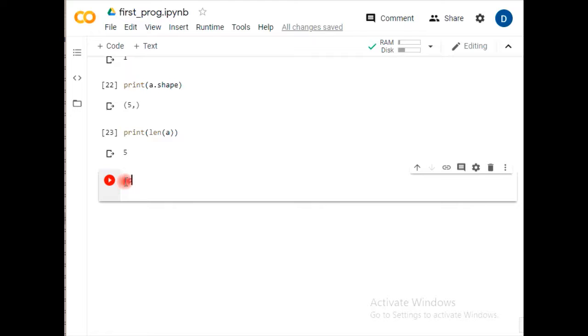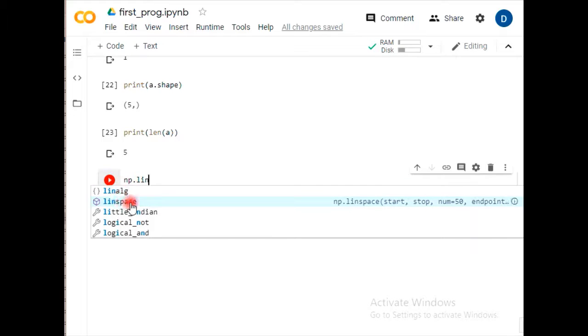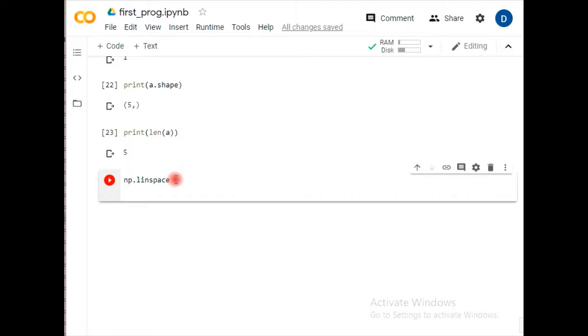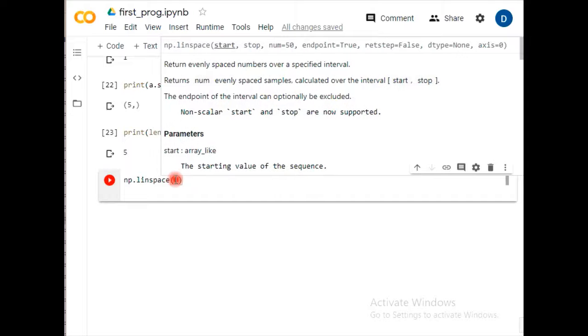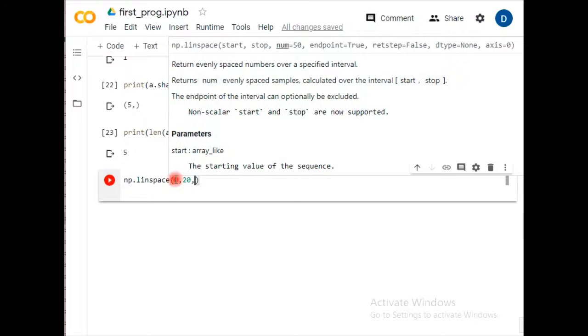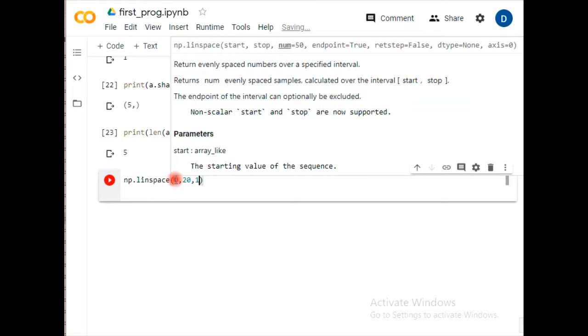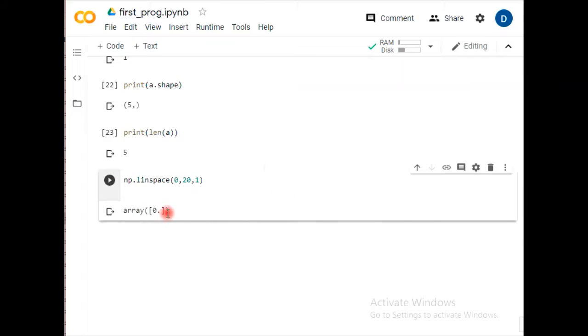So we have this command, we are just going to add np. Just take care, it is linspace, and you can easily create an array with specific spacing. Suppose I give a start value, a stop value, and then a number of values. It can create an array like that. So it is showing you the array starting from 0 and reaching 1. So you can easily change it here.